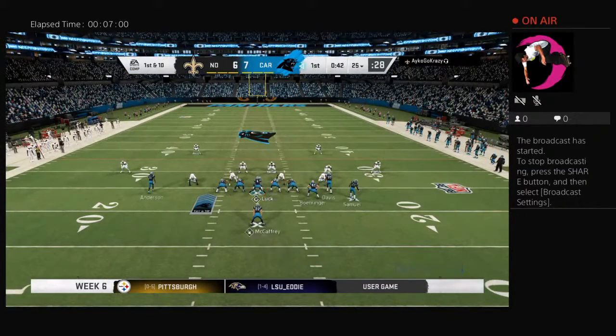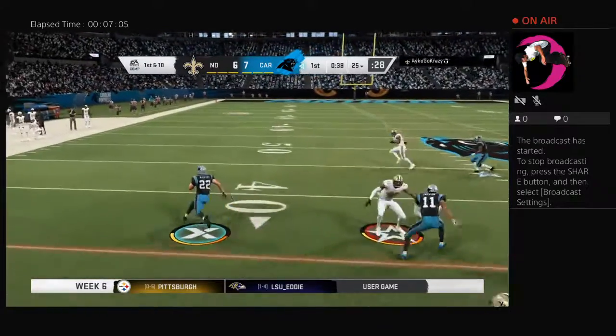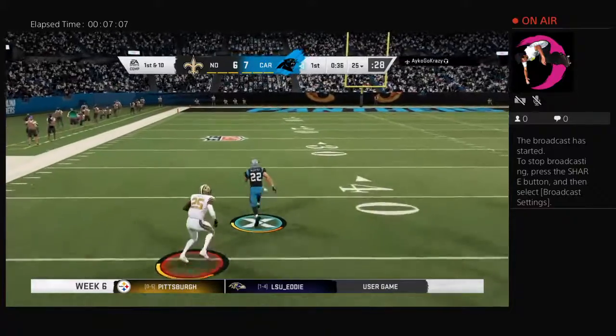And that last drive, a long drive, but not just that. They had a great air attack going. Do they stick with that? I would think that they would, because...